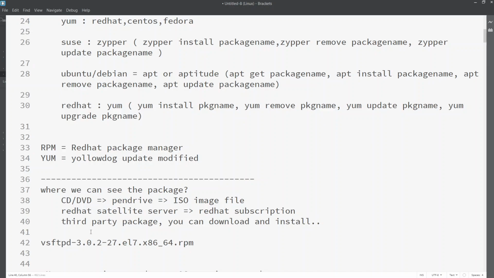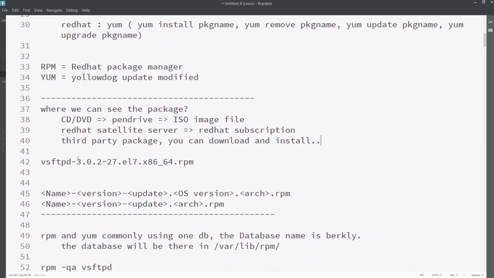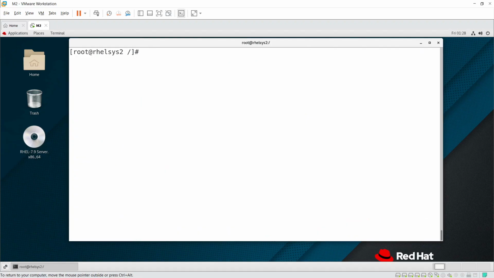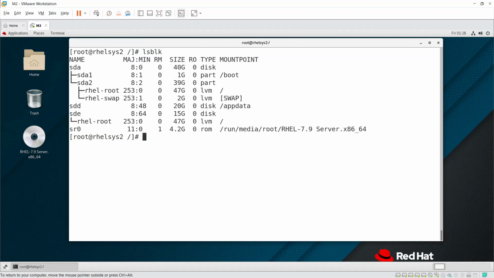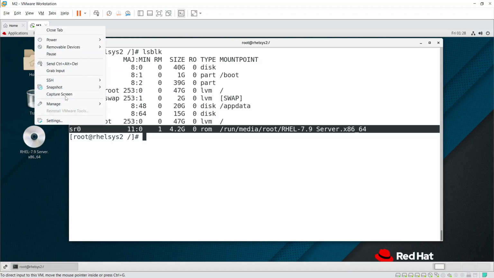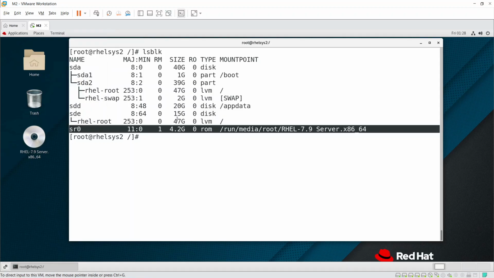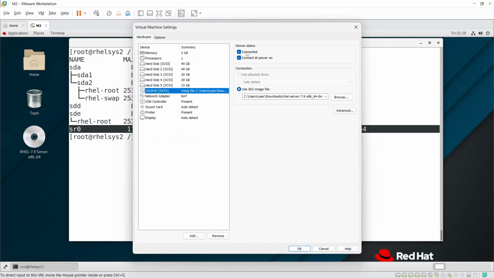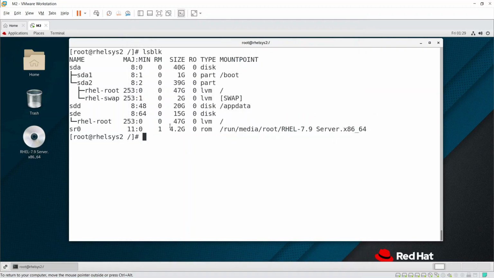Okay. So how it looks, 3.0.2 is the version of it, right? And if I see now, what are the versions available here? If you run lsblk, you can see sr0. sr0 is the disk, right? If you want to get this in VMware, whatever disk you are going to add, make sure it is connected in the system. For example, if I take CD or DVD, I can see it is connected now, right? That is the reason I'm able to see it here. That is mounted to sr0, right?